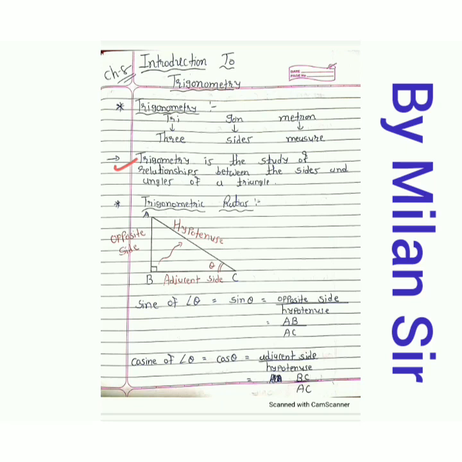So in this chapter we learn that if we know two sides of a right angle triangle, then we can find the angles of the right angle triangle. And if we know any one angle and one side of a triangle, then we can find the other sides. Okay, so in this chapter we learn about relationship between angles and sides. So first thing is trigonometric ratio. So first of all you need to remember three words, that is sin theta, cos theta and tan theta.